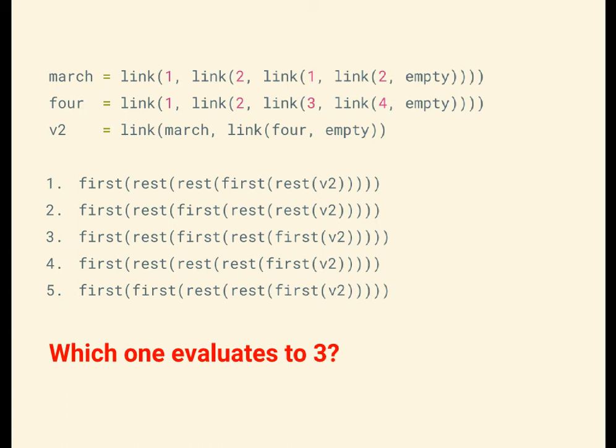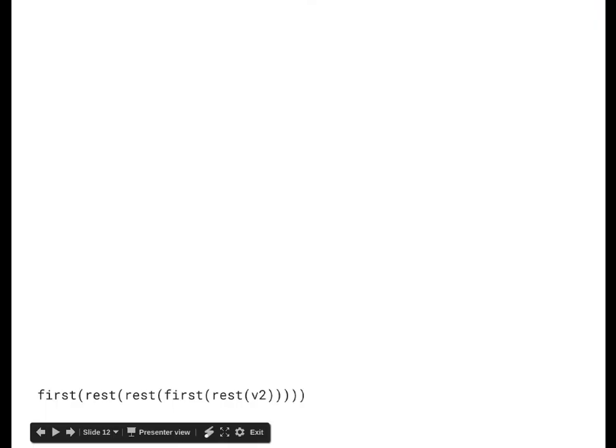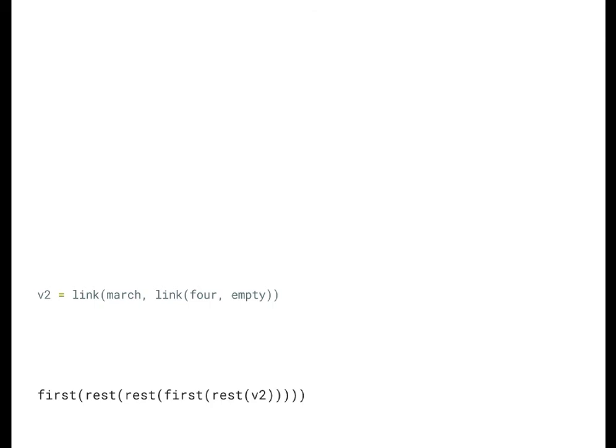So I'm going to create my list for V2. And the thing I want you to think about is the length of that sequence. I'm calling link twice, which means I'm going to have 2 links terminated with empty at the end. So think about the sequence. And then when I put March inside of it, it's like I'm making a separate sequence. There's kind of an invisible arrow to March. Let's assign that to this first.